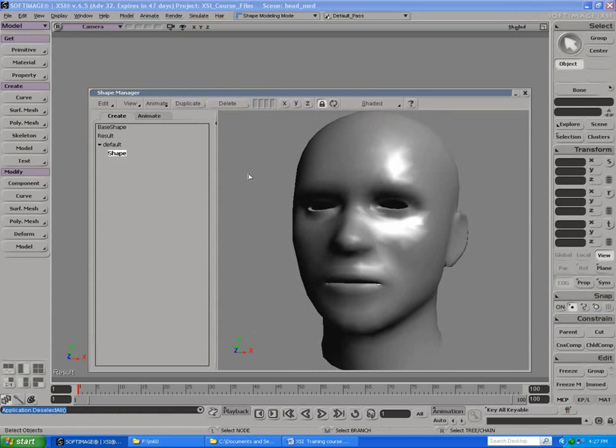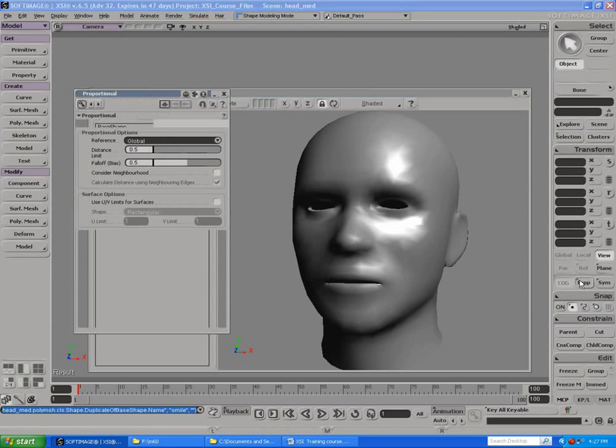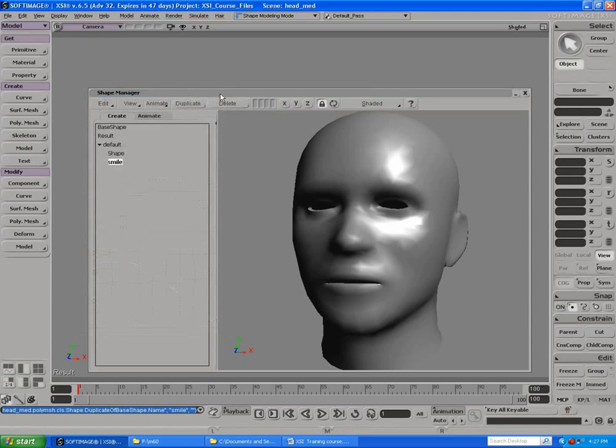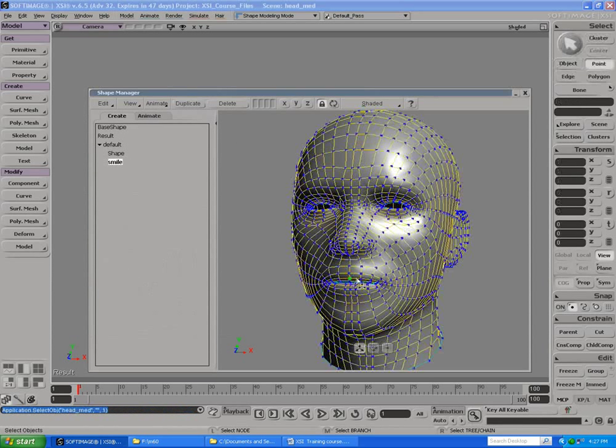So we're going to start by clicking on base shape and going duplicate, and we're going to give it a name, so we hit F2, call this smile, and then we're just going to tweak the face to make it appear to be a smile. We're going to start by using the move point tool, and we're going to turn proportional on to give us a bit more